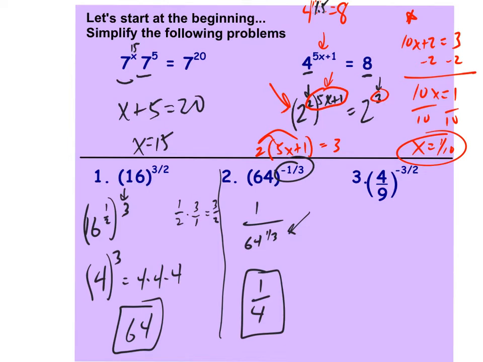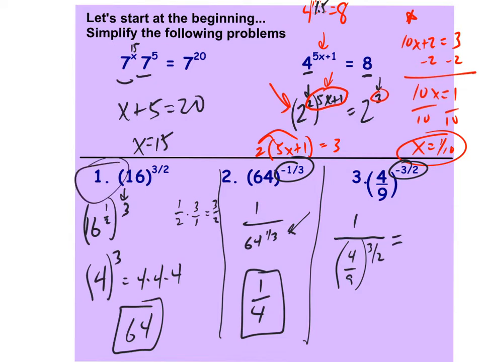Now, number 3, this one's a little harder yet because now we have a fraction to a negative fraction. So again, because it's a negative fraction here in the exponent, I'm going to write 4/9 as a denominator. So this really looks like that. Now, like I said over on number 1, I like to pull out the denominator of that exponent first. So I'm going to take 1 over 4/9 to the 1/2, and then make that go to the third as